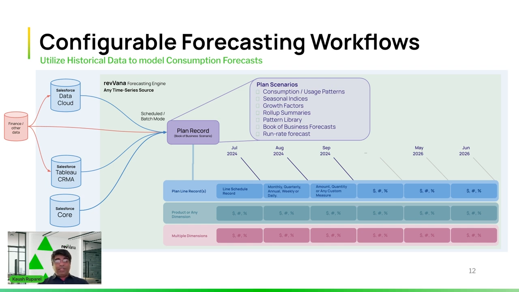So right now we are focusing on revenue, but it could be units for demand planning, or some other kind of metrics like margin or growth factors or whatever you want to forecast. So it nicely fits in a standardized data model. What we're going to do is take the actuals, extract seasonality out of it, then apply that to new business forecast. But in the end, we are going to generate a book of business forecast, and all of that will live in the same object model.